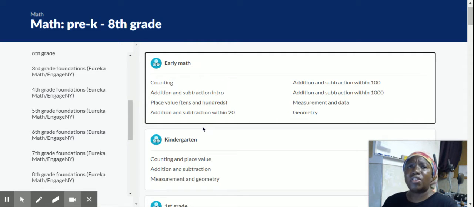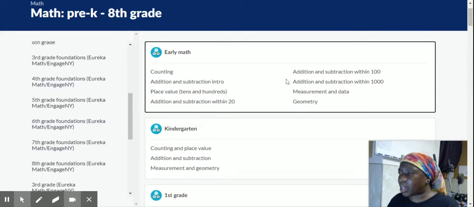So you want to make sure that you're staying in contact, you're staying up, because it's not just for the first graders, the seventh graders, the eighth graders, the third graders. Everybody is doing it. Everybody. If you're in the 12th grade and you follow mzJanis, you also know how she's teaching you how to get your children ready for those classes. Because you see right here, where did it go? Right here, early math, addition and subtraction within 1,000. So this is a combination of kindergarten, first grade, second grade, third grade.